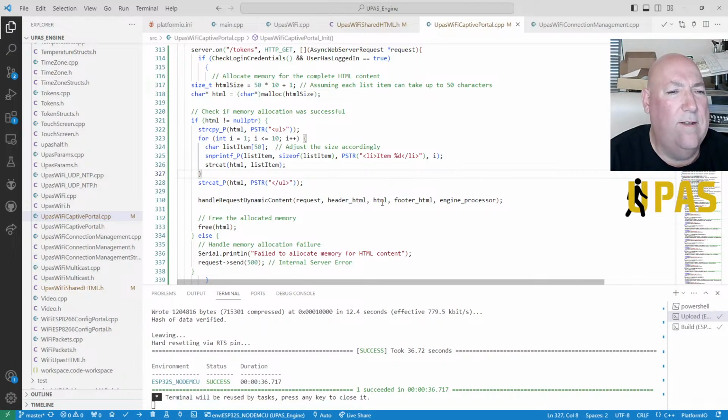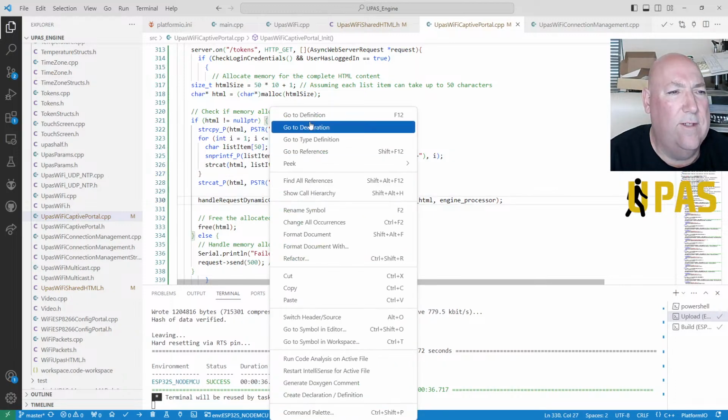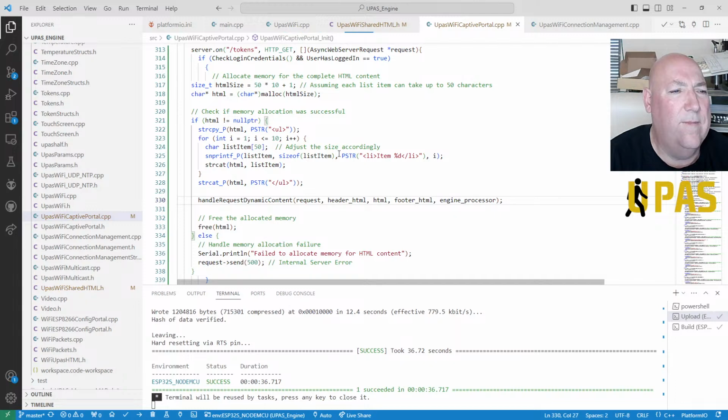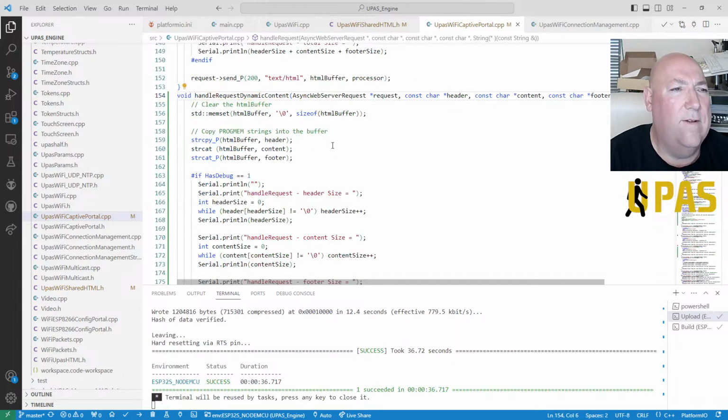So we need to probably serve up a separate piece for the... yeah. So we need to extend this, we need to go onto this, go to definition. What's it done? Right, got there eventually. Right, so we need to add another content, we need to add another one of these.